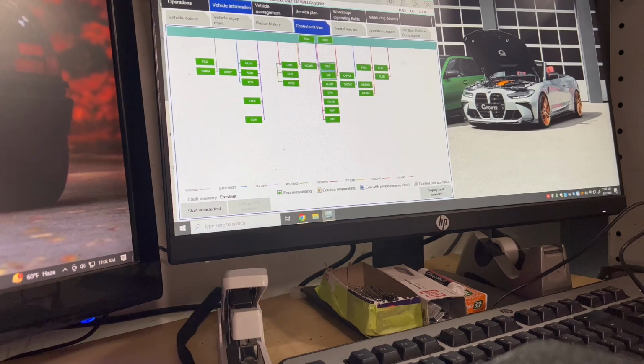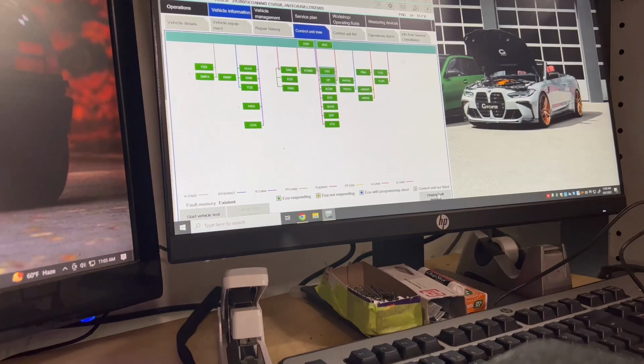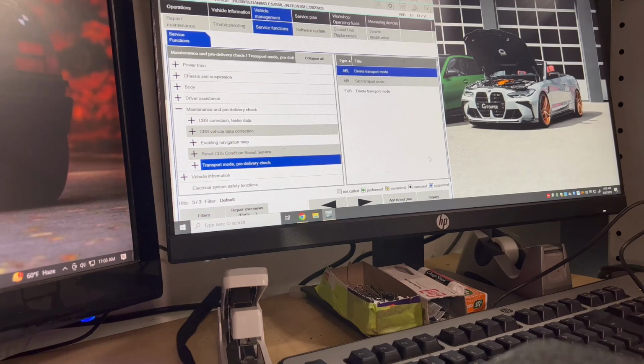So now that we have the vehicle connected to the diagnostic system, we're gonna just go ahead and check out how many faults there are. You can see there's transport mode active with a whole bunch of faults that'll go away once we perform the transport mode deactivation. Alright, so we are ready to take this beautiful vehicle out of transport mode. We're going to go into our maintenance and delivery portion, take it out of our transport mode,